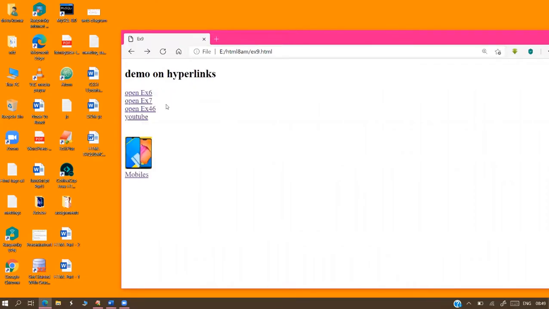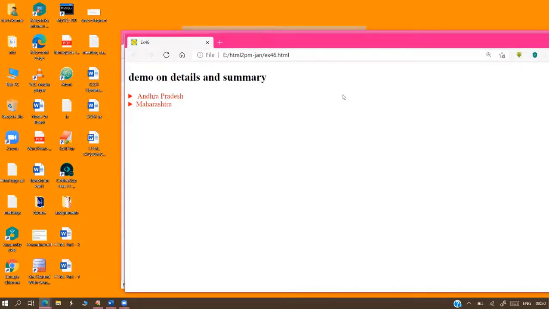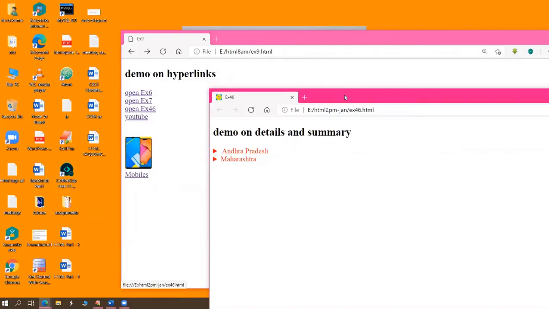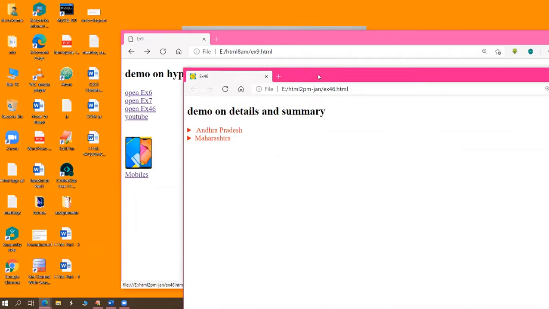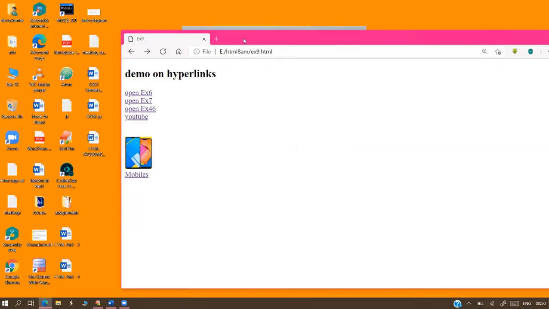In this scenario, if you use the shift combination, just hold the shift key and click on the third link. What happens, sir? It opens your destination program in a separate window. One more browser opens. So the different options available are the same tab, a separate tab, or a separate browser window.